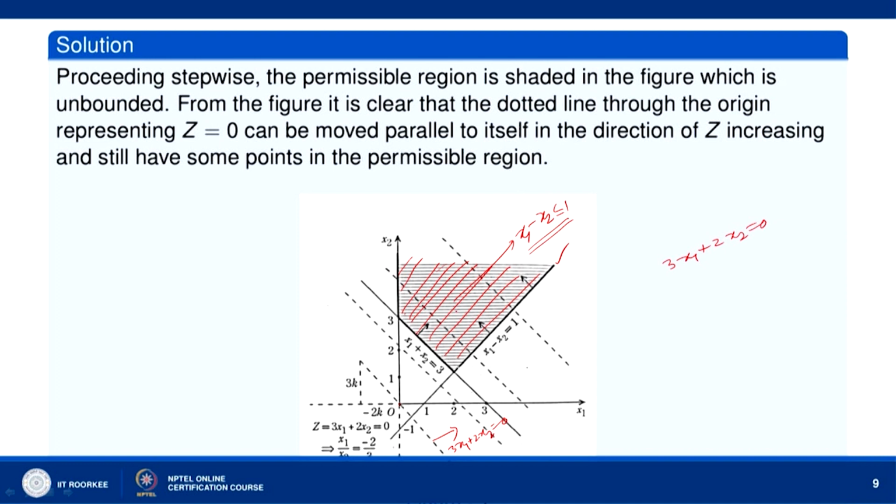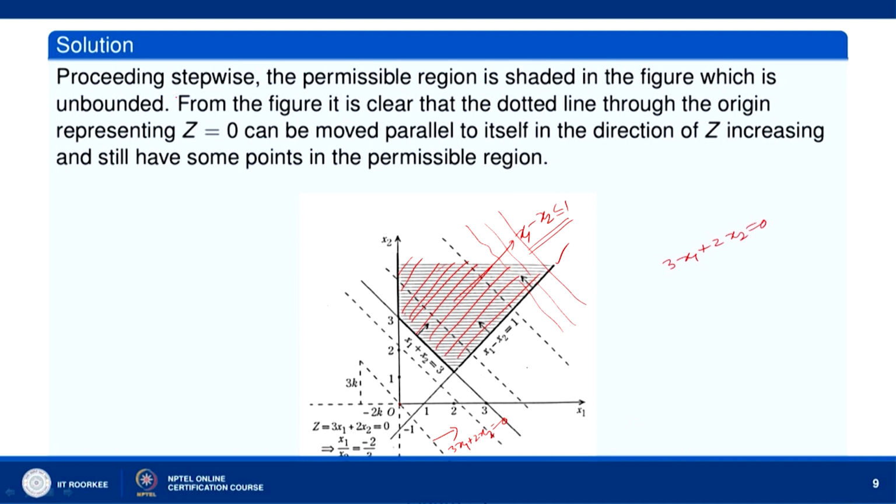When you enter the feasible region, there is no line which is at the farthest from the origin and passes through a vertex beyond which there is no other vertex of the region, because as you go on drawing, there are always some points which lie in the feasible region. So, there is no end to the set of parallel lines. We can go on drawing them, there is no end to that.